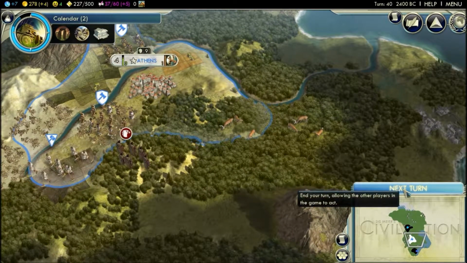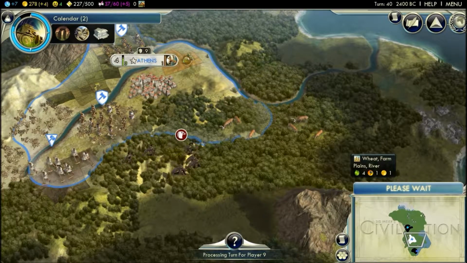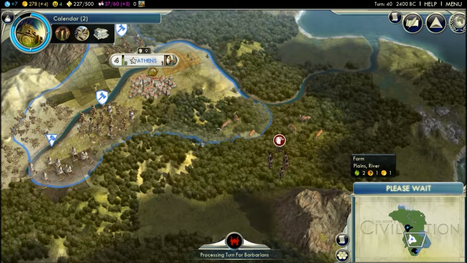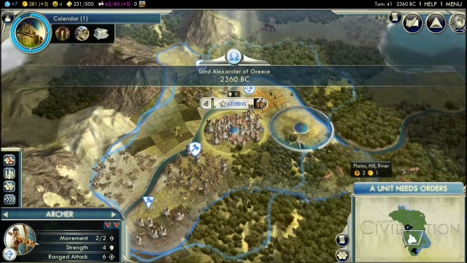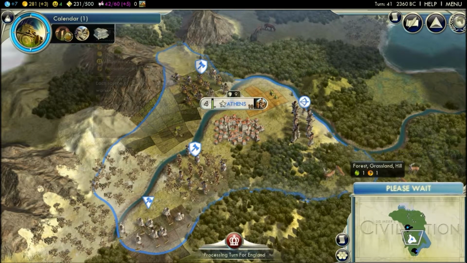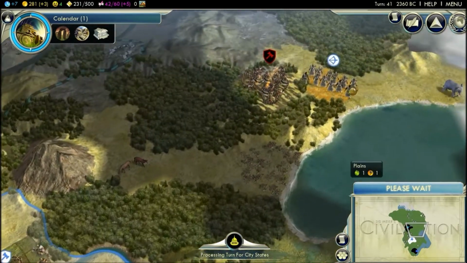And after these archers are done, what we're going to do is we're going to station the archers, and then we're going to create the settlers. And you may be asking why I don't build monuments. Well, it's because there's a social policy that if you adopt, oh god,